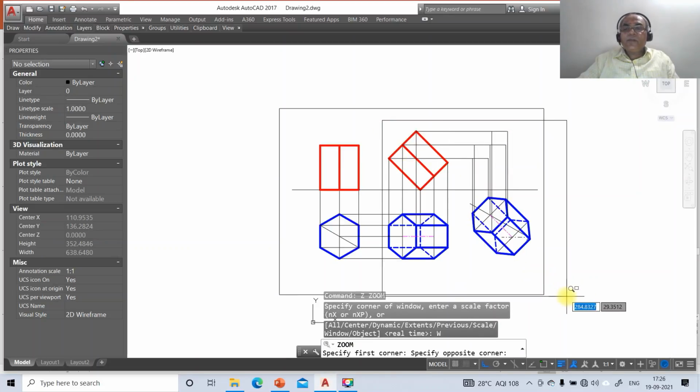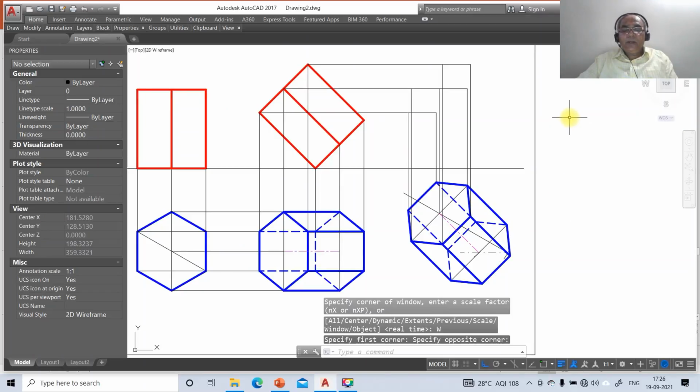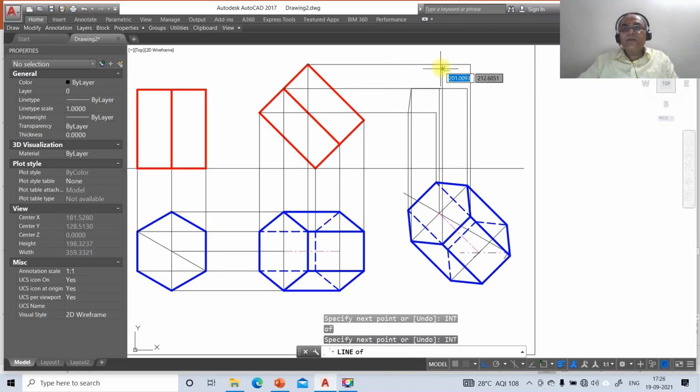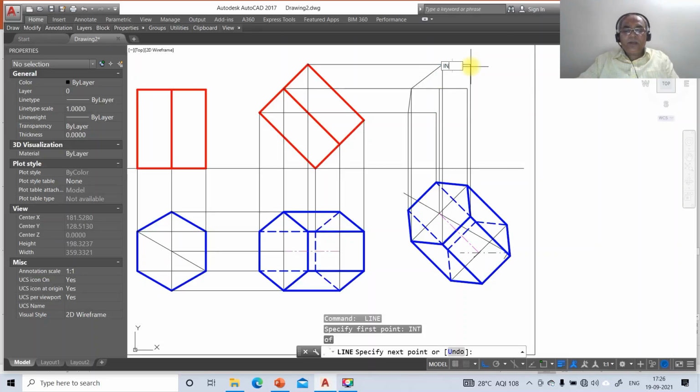Now we need to draw the front view, so here just go to line, take int of this and take the intersection point of this. So this is the top surface that we are trying to complete. So we are going to get one more hexagon here. Similarly I want to get it on the bottom surface, so to do that go to line, take int of this